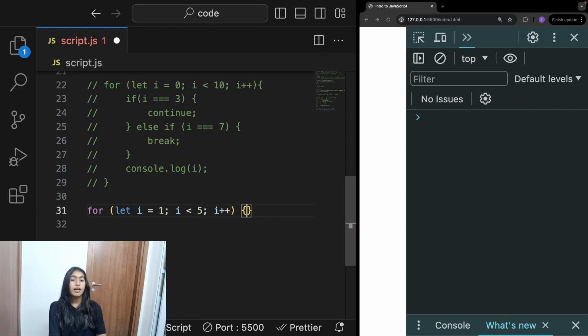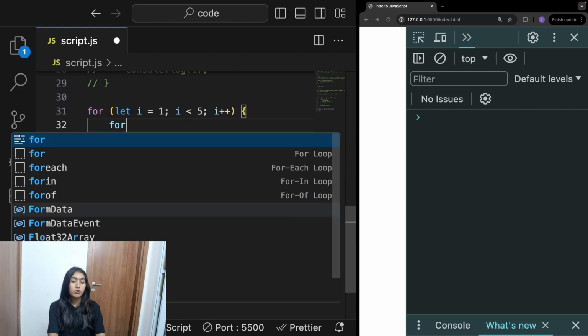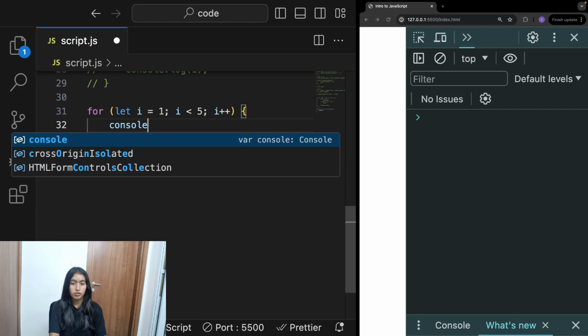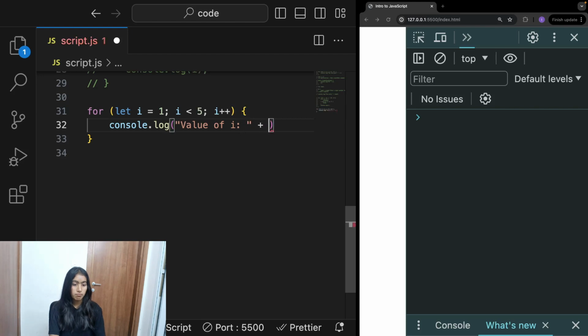Now, inside this, as I said, nested loops. What does that mean, nested loops? A loop inside a loop. So inside this for loop, let's create another loop. Before this, let's write console.log plus i. You save this. And then after this I'm creating another for loop.